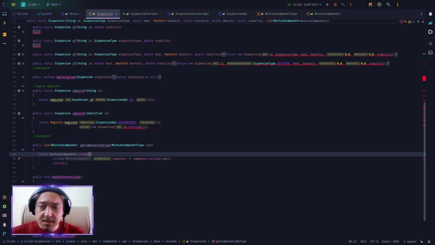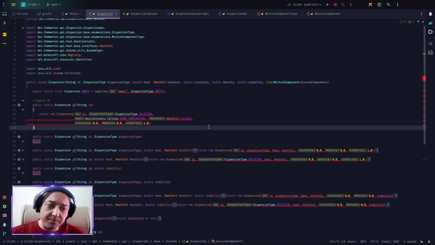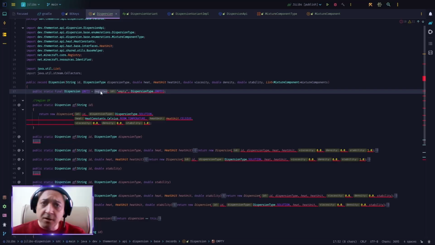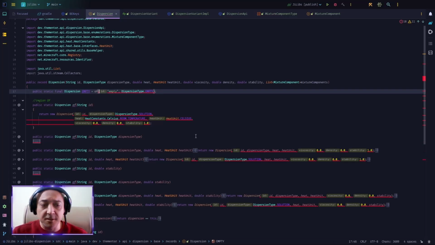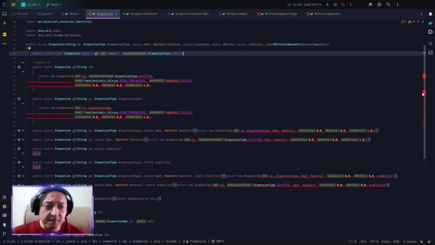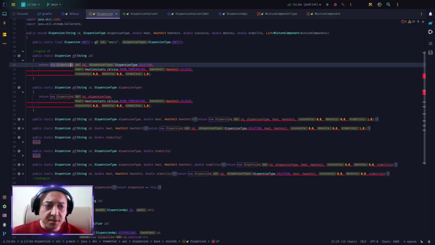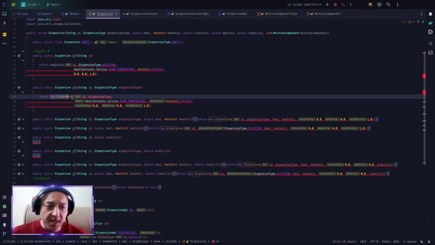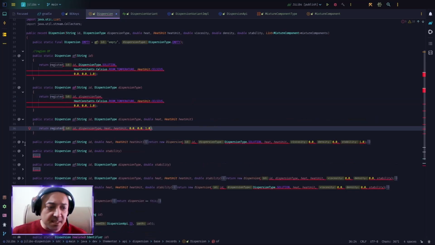However, if you notice, even before this addition of mixture components, we had problems, especially here. Well, we are calling register here, and register is not what we should call. We should call of here. Inside each one of these of methods, we need to return not a new dispersion, but return a result of a register call, because we want to register the new dispersion in the system and then return it. So here, each time I have an of method, I need to replace this new dispersion with a call to register. Then we have